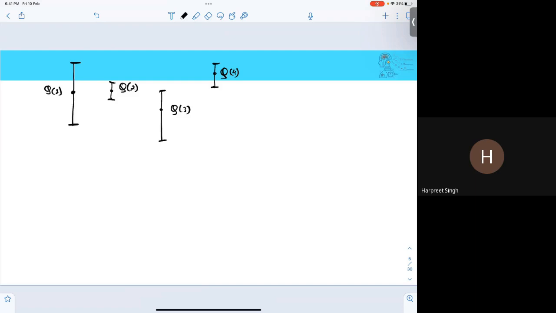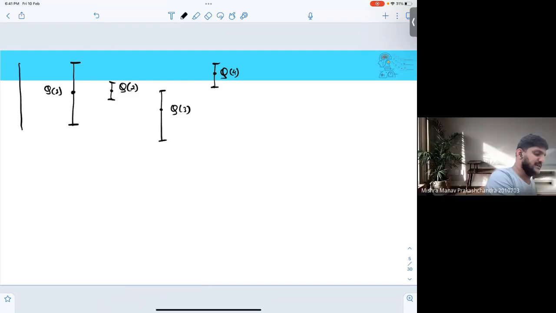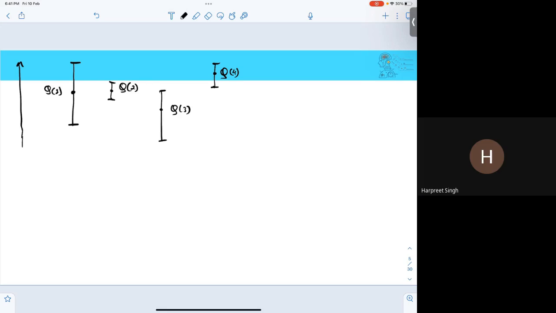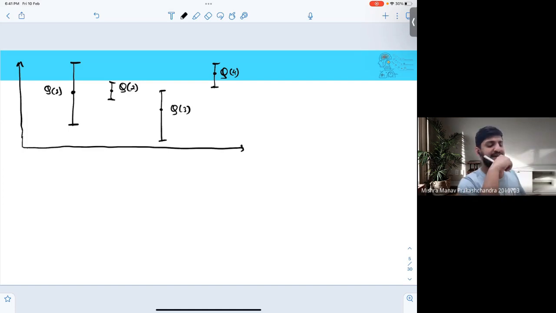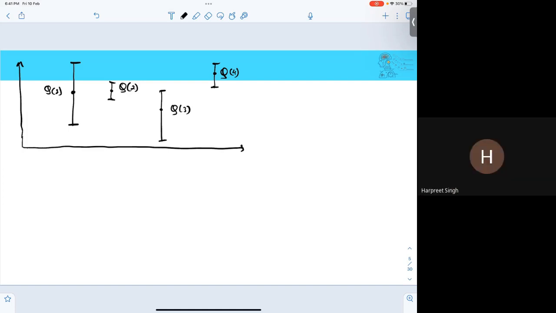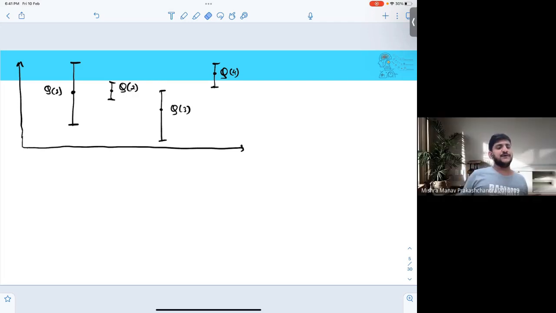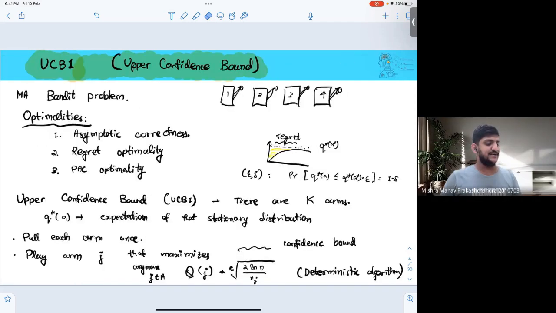Q3. Why? Sorry, Q1, my mistake. Okay. Why Q1? Why not Q4? Q4 has higher intrinsic value, right? I think the math says that if you have Q1 and the confidence level, that term actually is greater than Q4 and its confidence level. Correct. So initially what you're doing is, if you look at this,